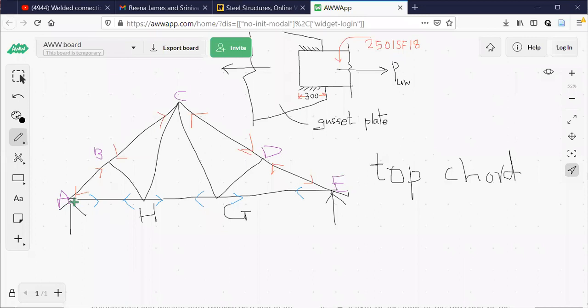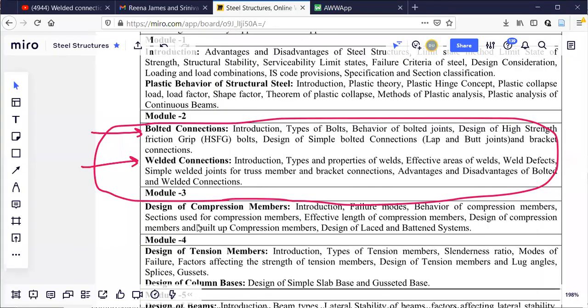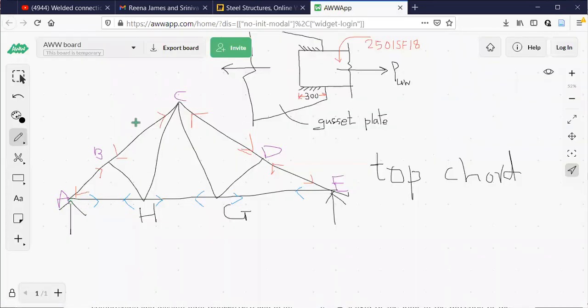Steel column is also one type of compression member only. Once you study the third module, you are able to design the steel column as well as the top chord members of a truss. So this is how your syllabus is organized actually.